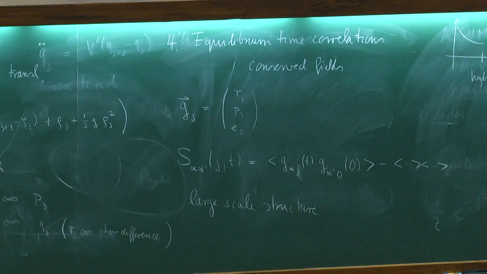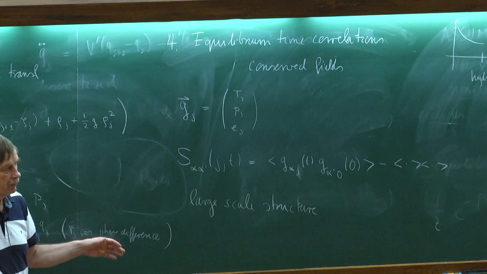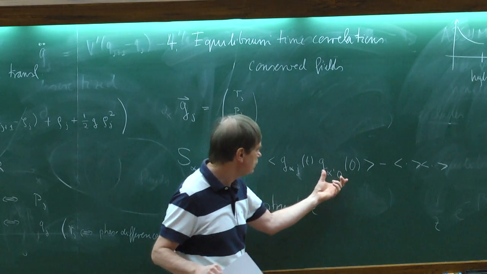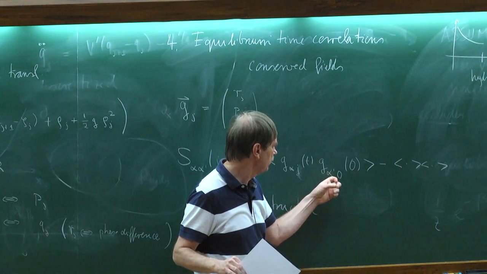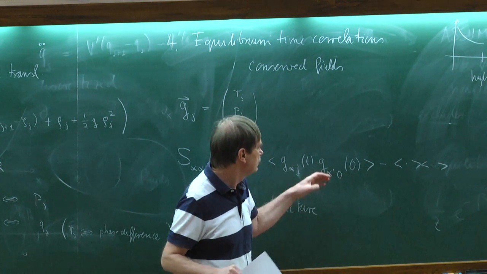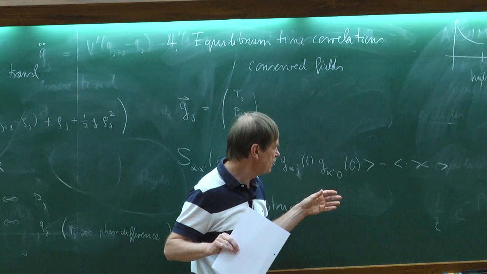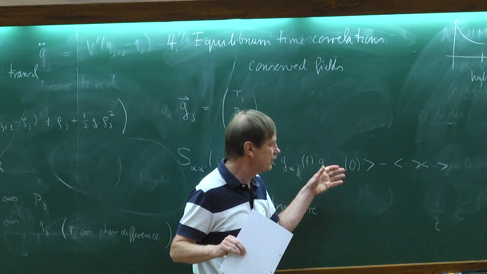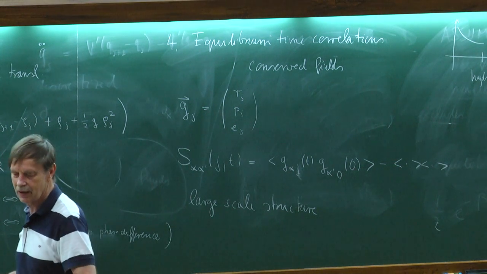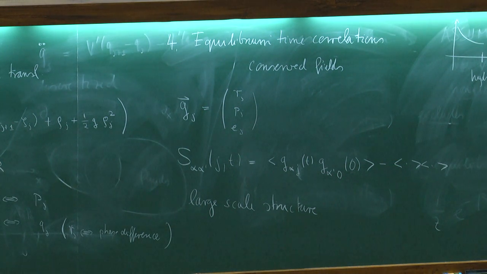So the setup is that I'm always starting the system prepared in equilibrium, and I make a local perturbation. Here in this formula, I make a very specified, precise local perturbation, which is given by the conserved field itself. It might look very special, but if I look at long times, that's really the quantity which carries all the information about the dynamics.